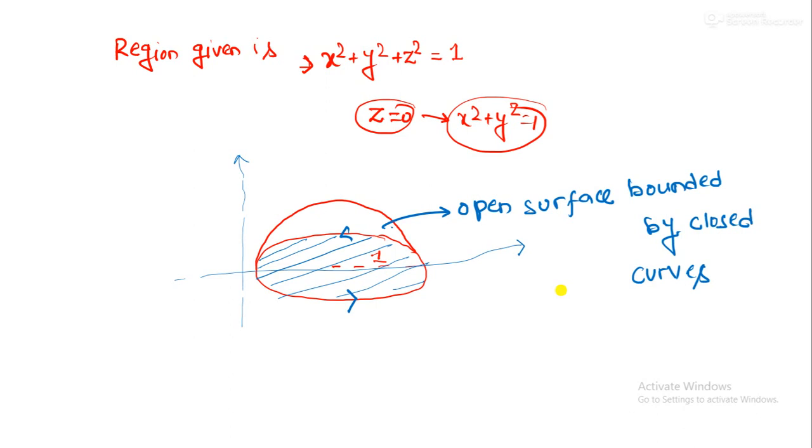If you haven't gone through my previous question based on the Gauss divergence theorem, I have discussed in detail about Green's theorem, Stokes theorem, and Gauss divergence theorem. You should refer to that lecture, and now you can easily judge which theorem you will have to apply to solve this type of problem, to reduce the complexities of the given vector integral calculus. Okay, now as it is an open surface bounded by a closed curve, you will have to apply Stokes theorem.